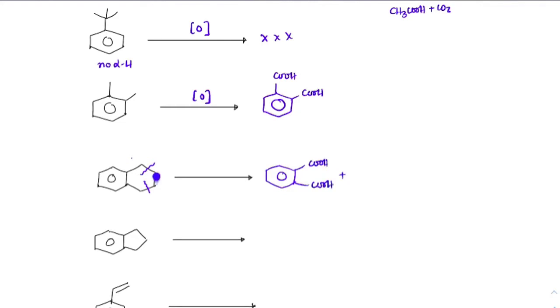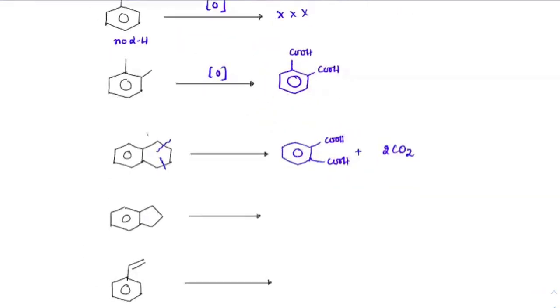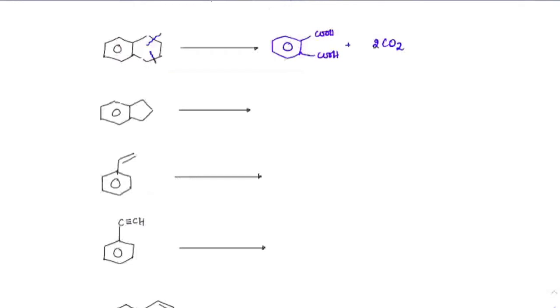And this side it is forming an oxalic acid. Oxalic acid will also break into carbon dioxide. You know that KMnO4 oxidizes oxalic acid into carbon dioxide. So 2 moles of carbon dioxide will be formed here. Keep doing, everyone. See the next case, break the bond here and here. So again we'll get phthalic acid and 1 carbon dioxide you will get. These are all the same oxidations we are doing.